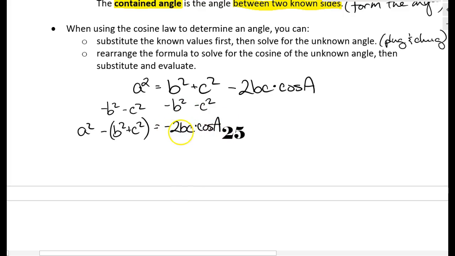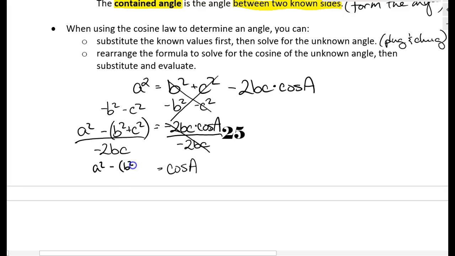Our opposite operation to multiplication is division, so we're going to divide by negative 2bc on both sides. And so our final statement is cosine A equals a squared minus b squared plus c squared